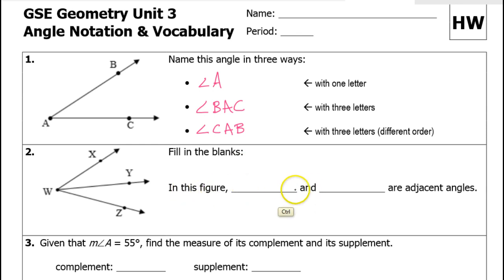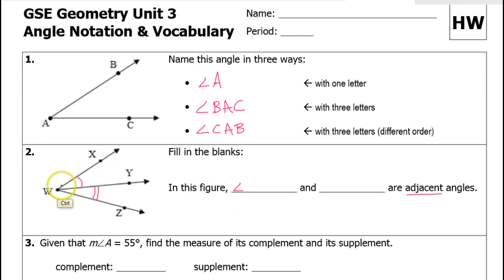So, in this figure, we're mentioning the vocabulary word adjacent angles. Adjacent means angles that are right next to each other. They can't be overlapping. So, for example, this angle is adjacent to this angle. These 2 angles are adjacent. So, we will have to use the 3-letter names because the vertex W is shared by the 2 different angles. So, we have no choice but to call the first angle